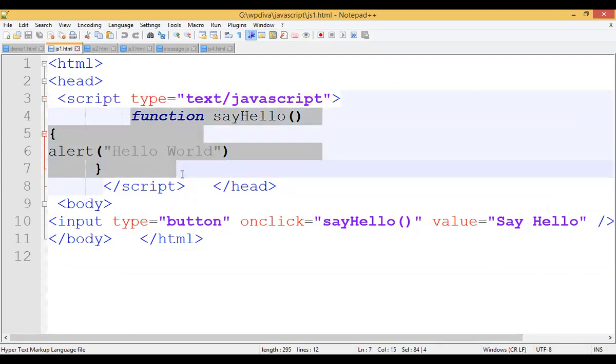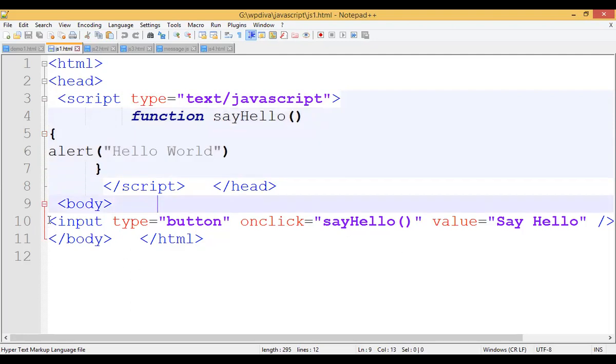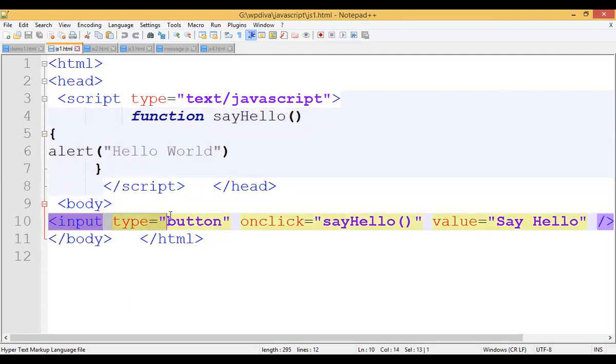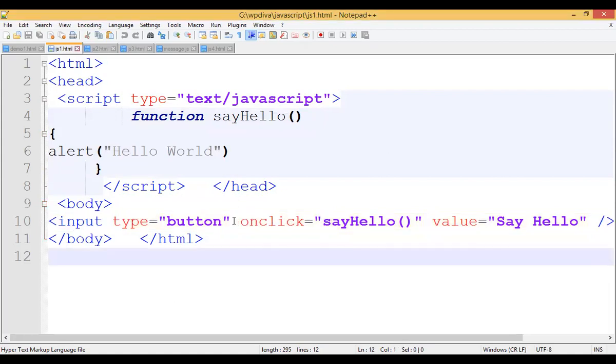How are you going to include the code? You can include the code using a document.write statement, or you can write functions. Usually when we write JavaScript code, we write functions. We create a function, write the code inside the function, and call that function. How are you calling that function here? Input type is equal to button. I am creating one button first, and after creating the button, I am clicking on that button and calling the function.